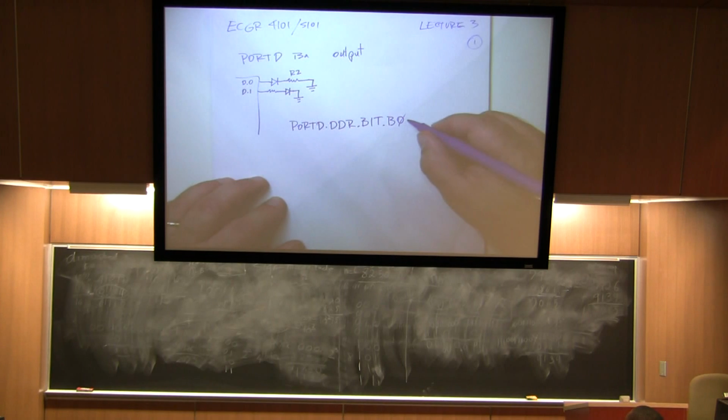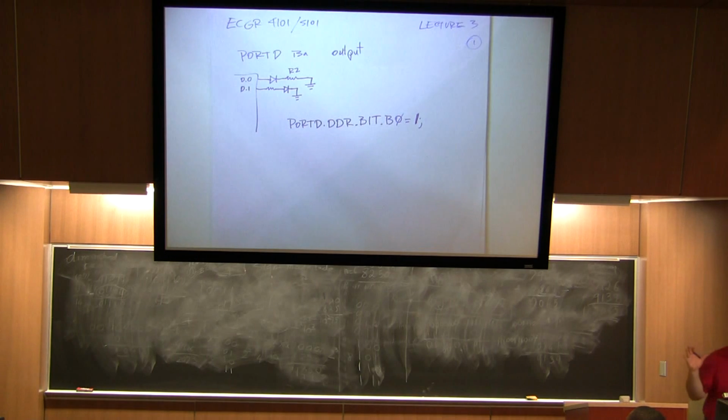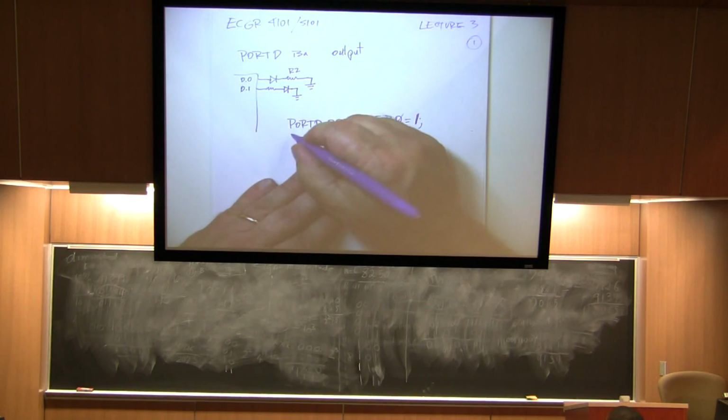And what I'll set this to is 1. Now this 1 right here, since it's a constant, will be automatically converted into the correct size, in this case a single bit. Now if I were using variables, I would have to make sure to do my casting. And then if I wanted to light up this LED,